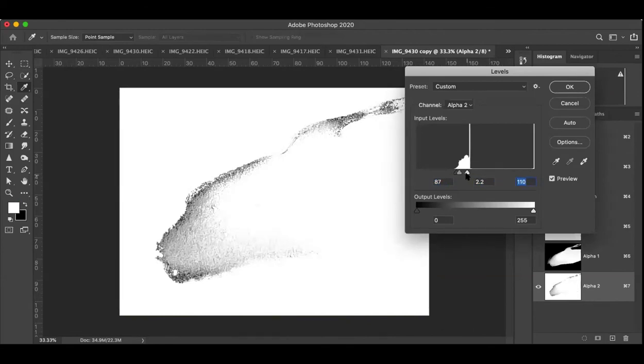So there, if I push the whites right up, that gives quite a nice texture, but I'm going to pull it back and have it slightly